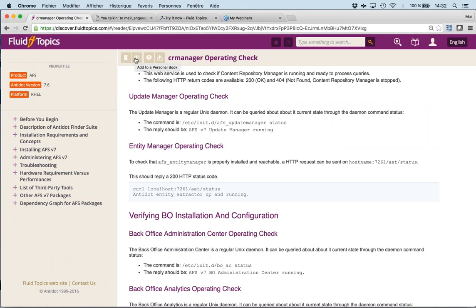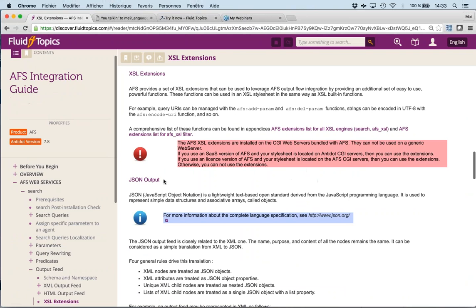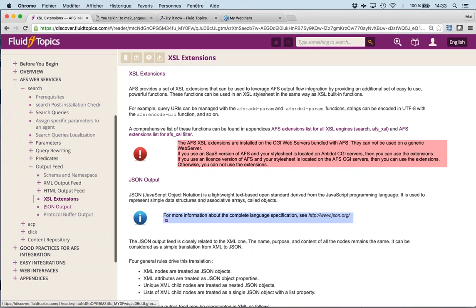Here we've added a few features, like the capability to generate PDFs. That was already existing in version 2.7, the beginning of it. We still have ongoing work on this capability. So let me show you. Let's create a book on, I don't know, let's select XSL and say I want to create a small guide around XSL capabilities in AFS. So let's go to that book, and I found something that I like.